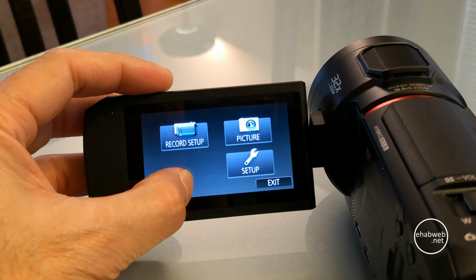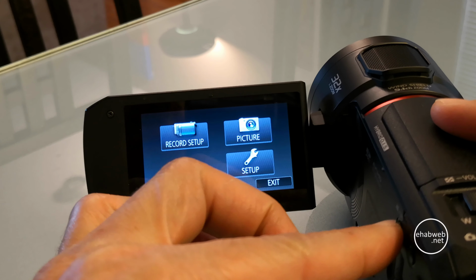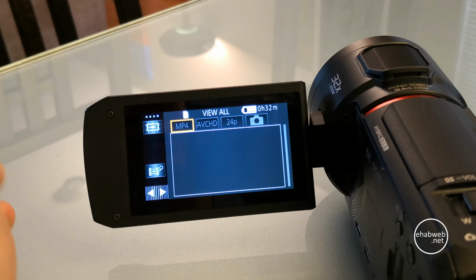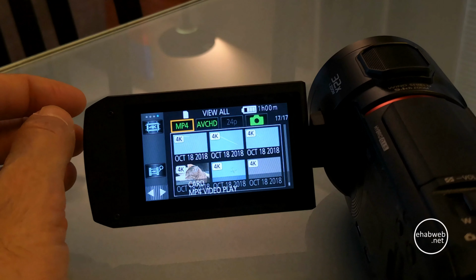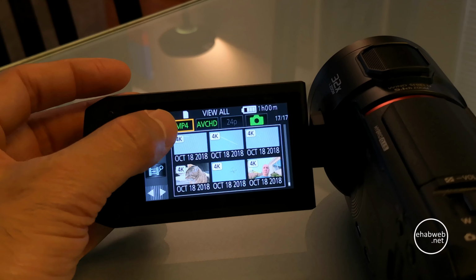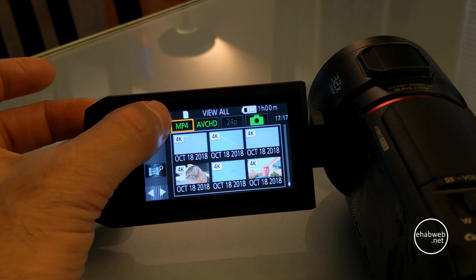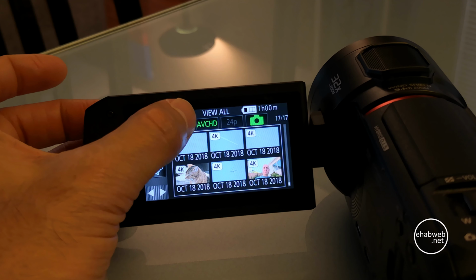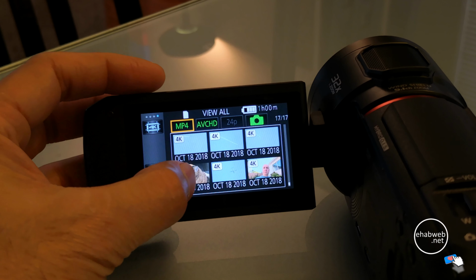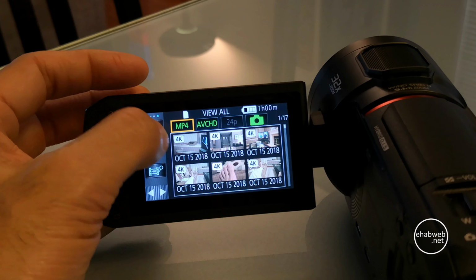The last thing I'll show you is once I go into play mode. So I'm going to press this button here, which changes it to replay mode. Replay mode essentially just shows me all the videos that I've taken so far, divided, of course, into different tabs. So the MP4 ones, the 4K that I've taken, any AVCHD ones, 24p ones, as well as pictures that I've taken as well. So all you need to do is just select the ones that you want,